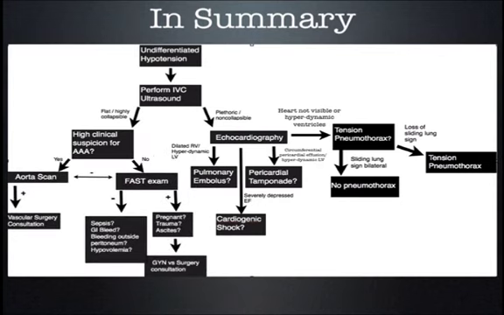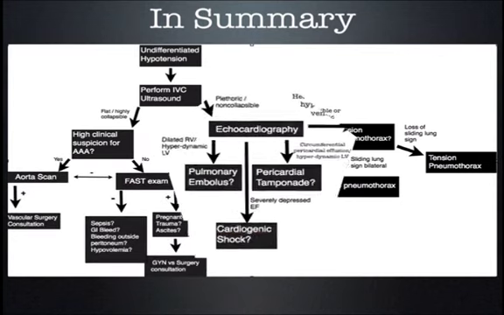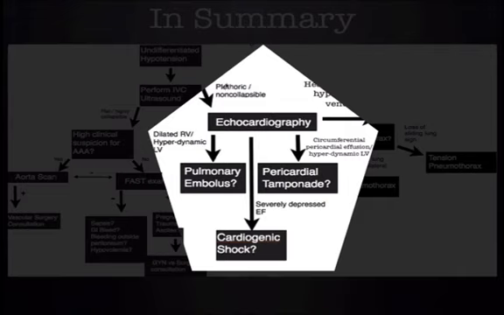Now, on the other hand, going back towards the top, if our IVC is plethoric and non-collapsible, I recommend going forward to echocardiography. And if you note that you have a dilated RV with a hyperdynamic LV, this is strongly suggestive of pulmonary embolus. If you have a severely depressed ejection fraction, that suggests cardiogenic shock. You need to go ahead and get inotropes on board, as well as your fluid resuscitation and as well as